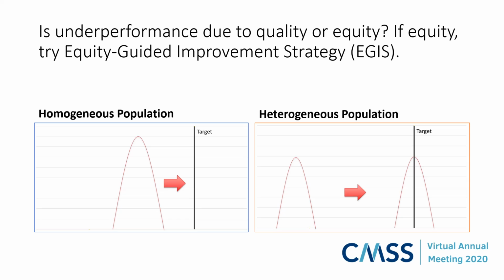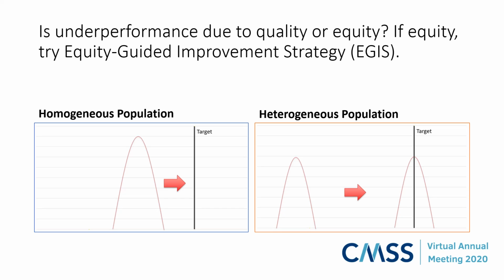However, if underperformance is mostly due to care received by a specific population, as illustrated on the right, we think this has important implications for quality improvement. First, the facility should not fundamentally rework its processes. It knows how to achieve good performance. What they do now works with some groups. They should not disrupt these patients by changing the processes.